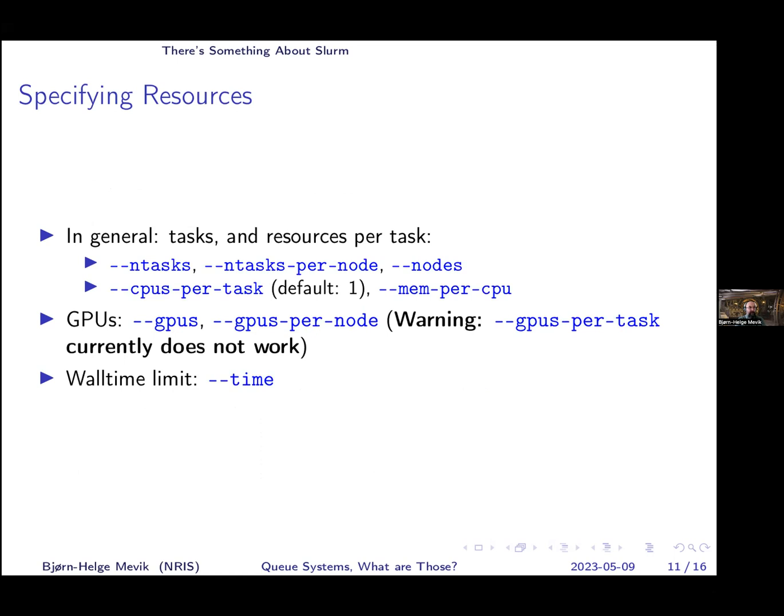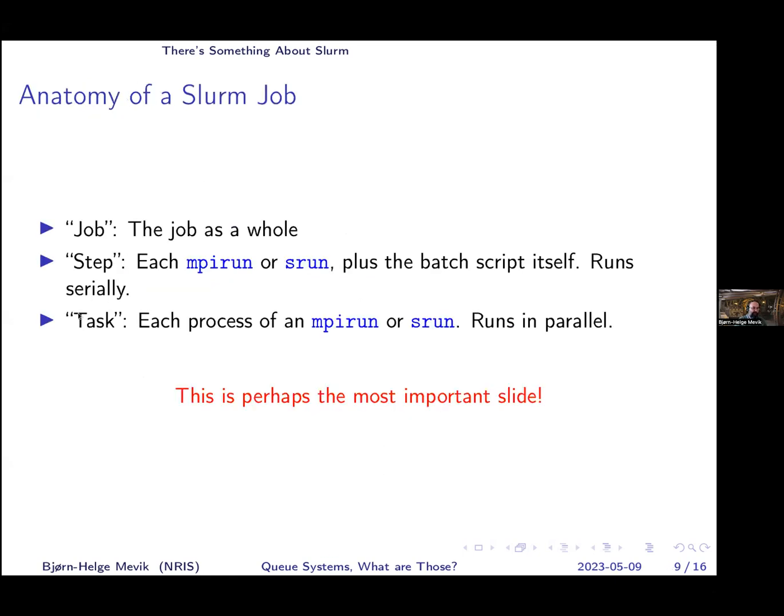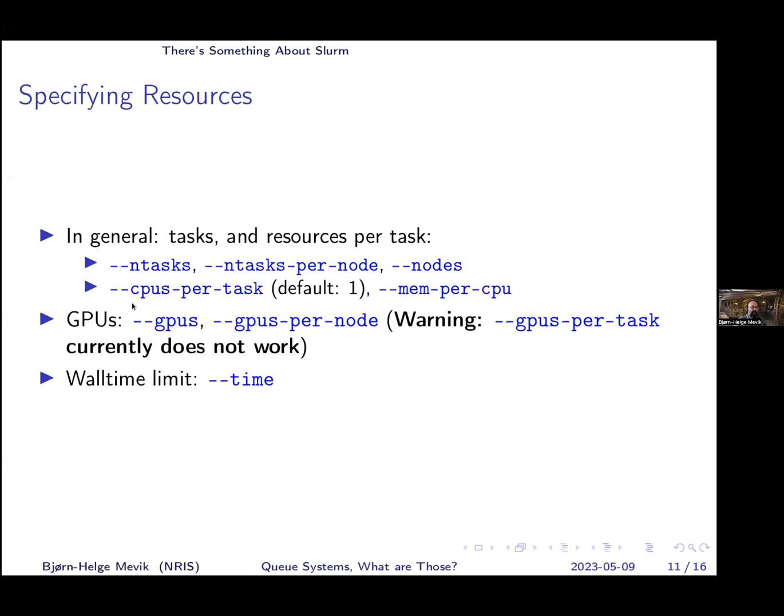Now over to how to specify resources in Slurm. In general, then, looking back to the base concept here, namely step and task, you will specify how many tasks you need and where you want them, and then you will specify how much resources you need per task, typically memory and things like that. So for the first part, namely how many tasks do you need, in every step, how many processes in an MPI run or in an srun, you would use ntasks, or you can use ntasks-per-node and